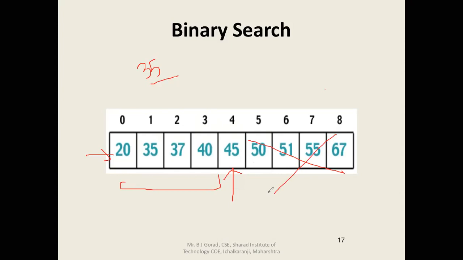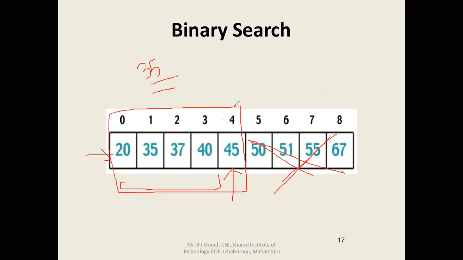Are we clear? Again, it starts from the middle of the array. Initially the search region is whole, that means you will be searching the whole array. But at first, it compares the middle of the array with the value that you are searching. Here I am searching for the value 35, and it will decide whether 35 is larger or smaller than 45. We can see that 35 is smaller than 45, right? So it will discard this whole part, and next it will only search in this area.